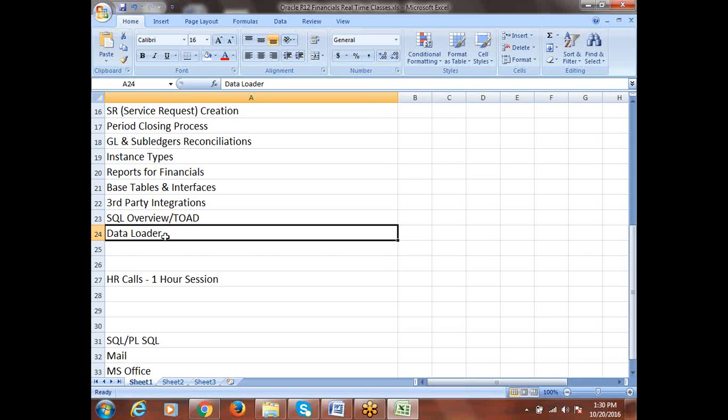I'll ask you one question. If you want to load data through the data loader into the system, there will be templates, like spreadsheets. Similar to that, there will be data loader templates. If you want to load the calendar information to the system,